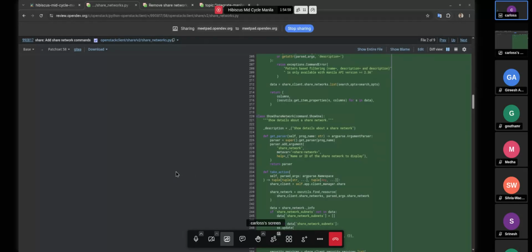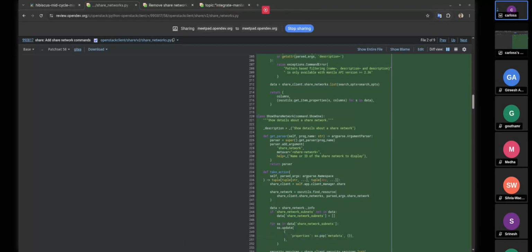What does that mean for us? Well, a couple of years ago, when we had OpenStack Z rolling out, what happened was we moved away from implementing any command in the Manila client, the Manila shell client, and we started only implementing commands in the CLI plugin, in the OpenStack CLI plugin that we had in Manila. That meant we would be compatible with all of the other OpenStack services.